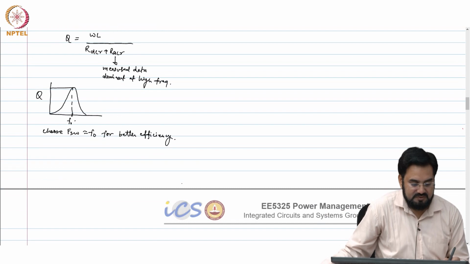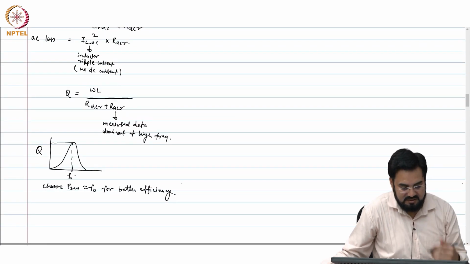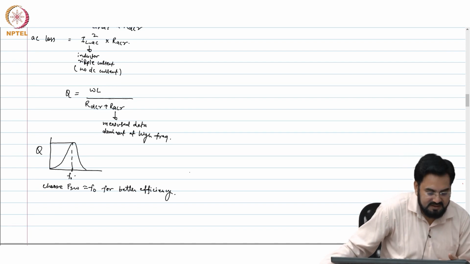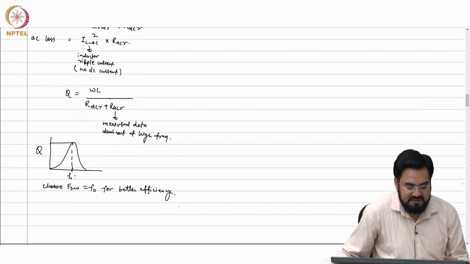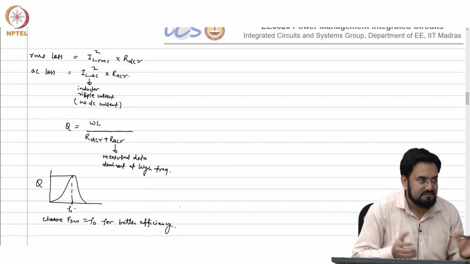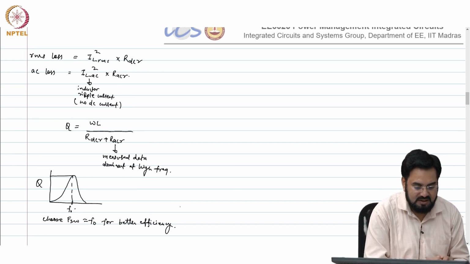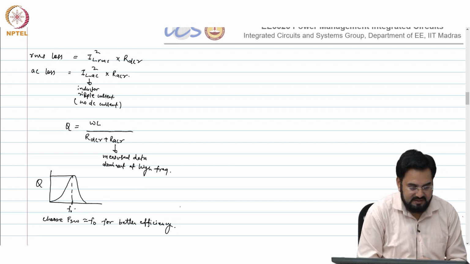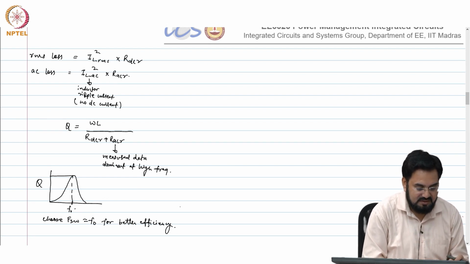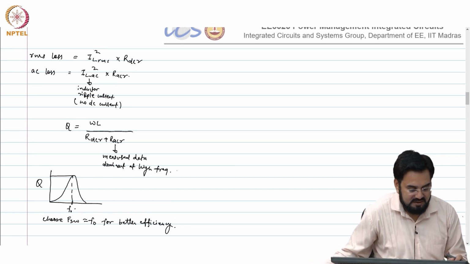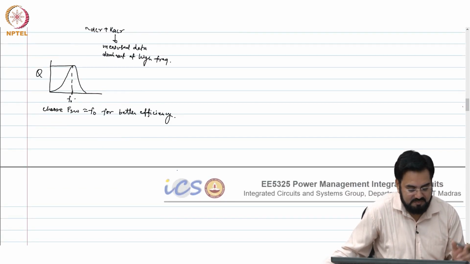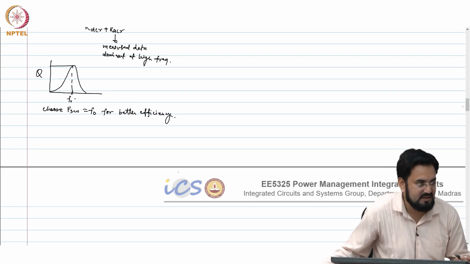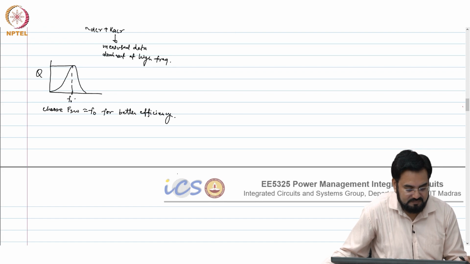So, later I will show you guys some data sheets, what different parameters are given in the data sheet and how you read that. When we actually start designing, how you choose your L and C and everything. So, we will look at the data sheets of inductor, capacitor, everything, and what different parameters are given in the data sheet, which you take into account when you select an inductor or capacitor.